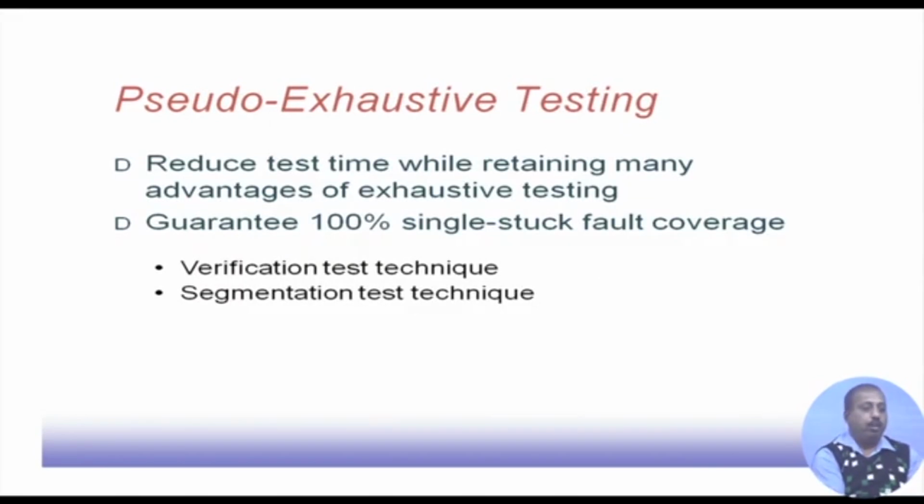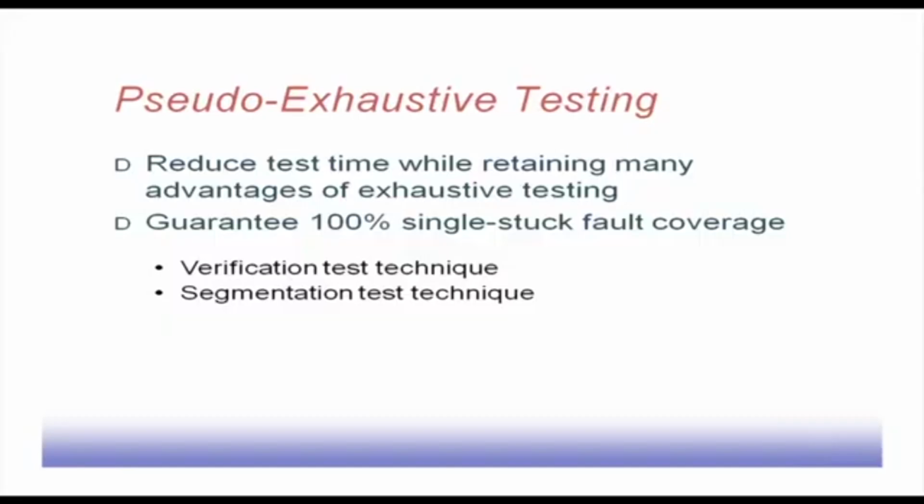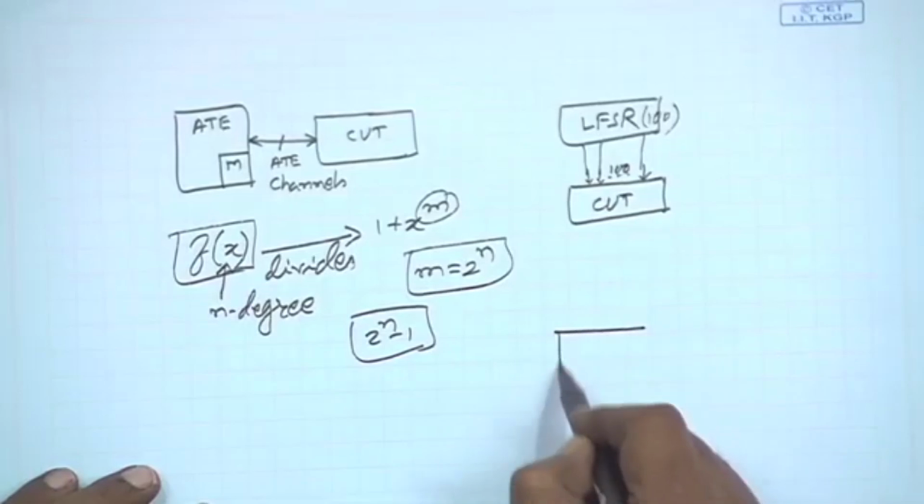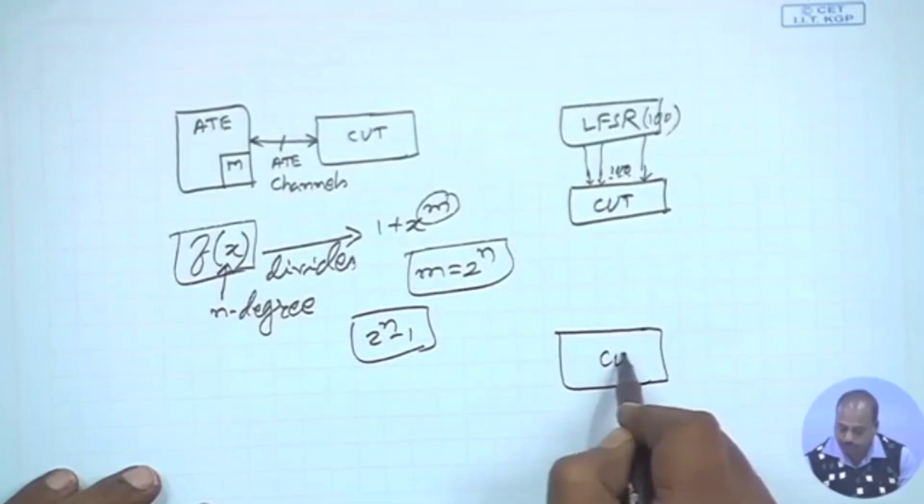Another modification to exhaustive testing is pseudo exhaustive testing. Pseudo exhaustive testing tries to reduce test time while retaining many advantages of exhaustive testing. It guarantees 100% stuck-at fault coverage. Basically, if this is the circuit that we are trying to test,